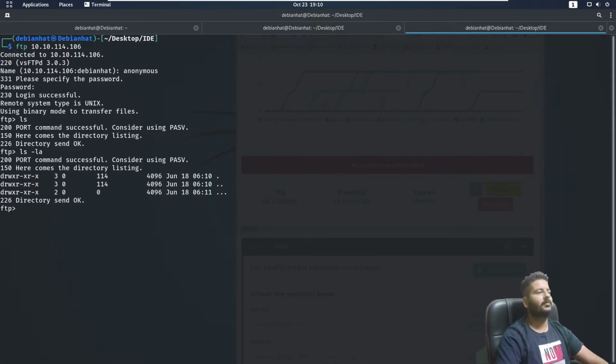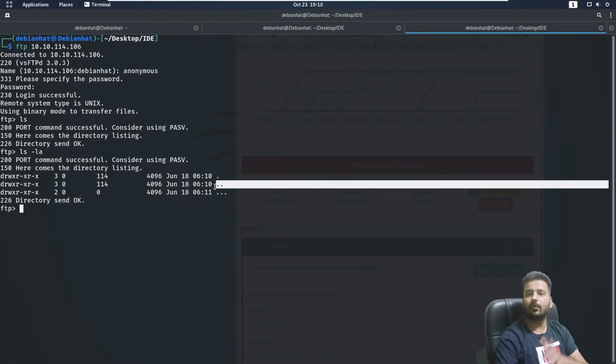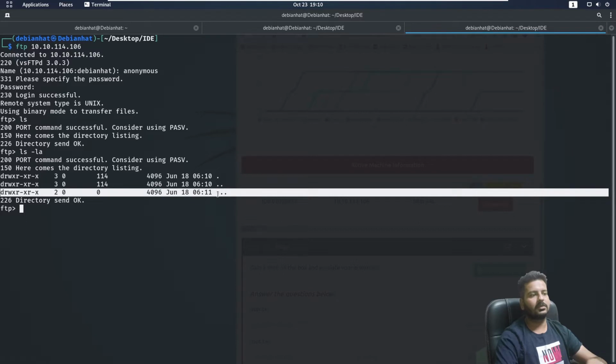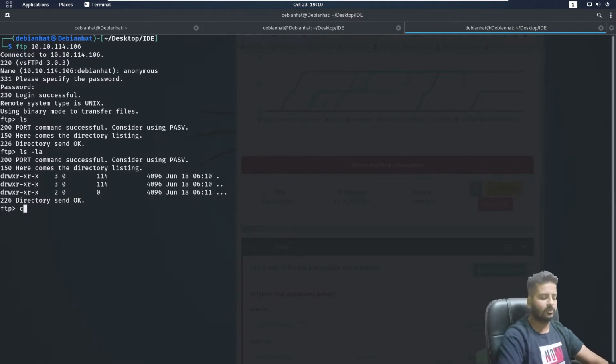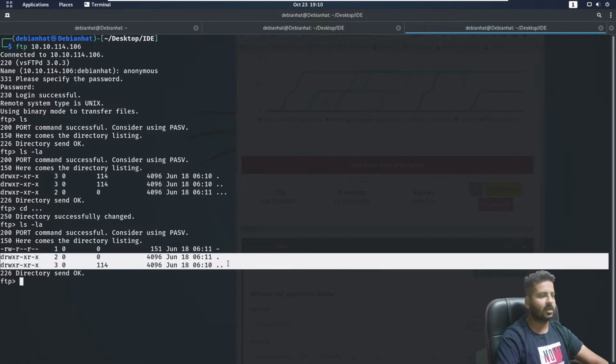Okay. The first thing that comes up is the directory dot, which says this is the current directory. Dot dot means that you want to move into the previous directory. And these three dots mean there is a hidden directory. Okay, this is again interesting to look into. So I'll switch to this directory, and now again we are returned with two directories, the current and the previous one that we came from.